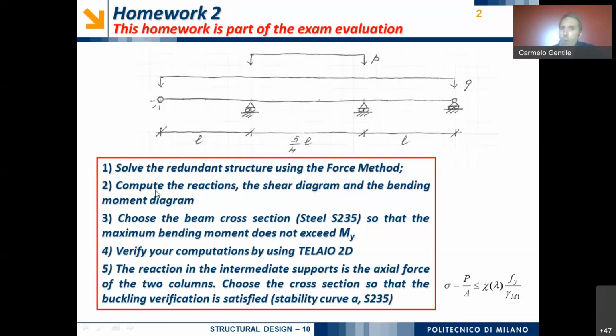And of course, once you have solved this redundant structure by using the force method, you can compute the reactions, the shear diagram, and the bending moment diagram. Okay, after having done so, you have to choose the beam cross section, assuming that the class of the steel is S235, so that the maximum bending moment does not exceed the yielding bending moment of the beam cross section you